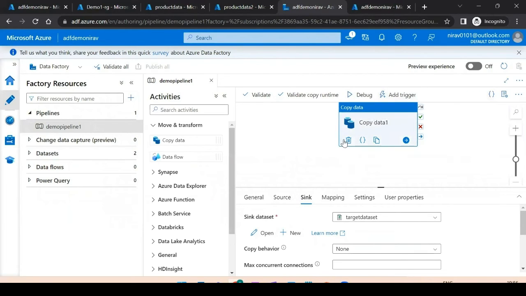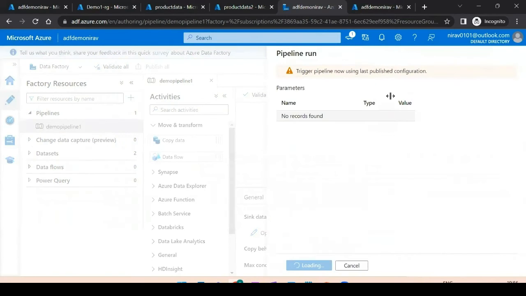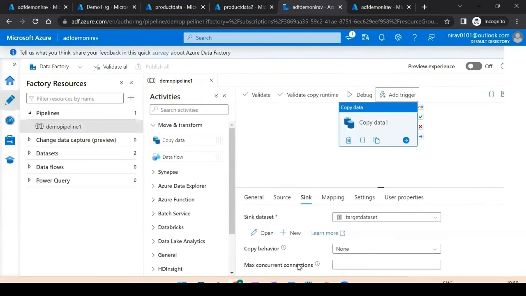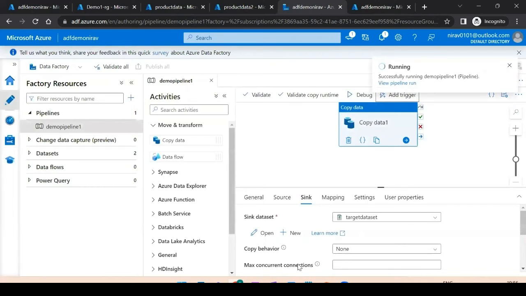So you need to run this pipeline. How to run this? You need to click here, click on trigger now. There's a way to schedule it also, but click on trigger now and just click OK here. Let me do it. Okay, I clicked on OK. So now you see it has started running demo pipeline 1.